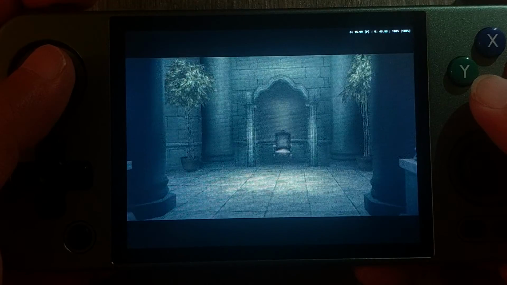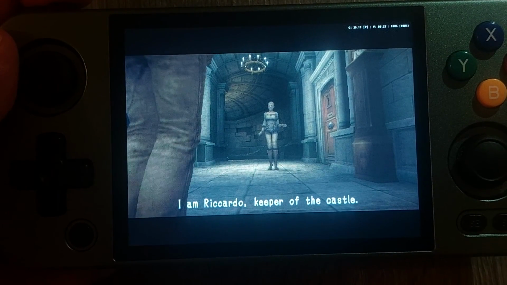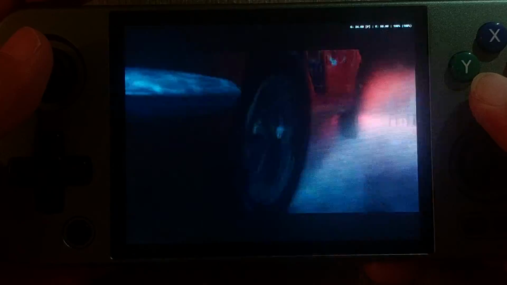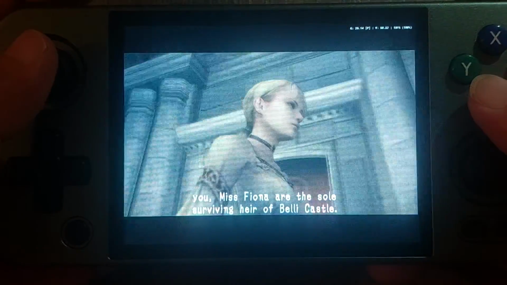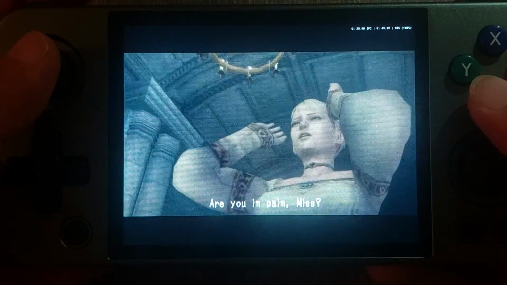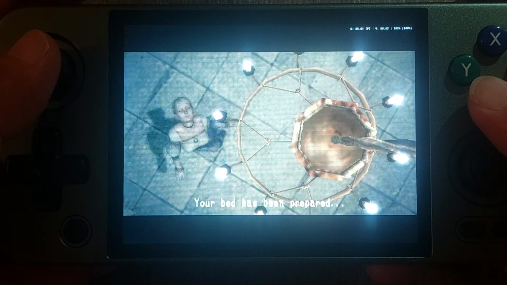I am Ricardo, keeper of the castle. So sorry to hear about your accident. Your parents. As Master Hugo and Mistress Ayla are both deceased, you, Miss Fiona, are the sole surviving heir of Bay Castle. Are you in pain, miss? Will you be alright? You've had a long day. Please, rest upstairs. Your bed has been...